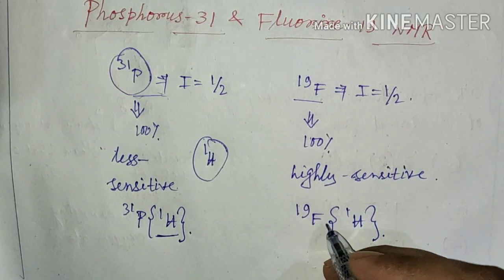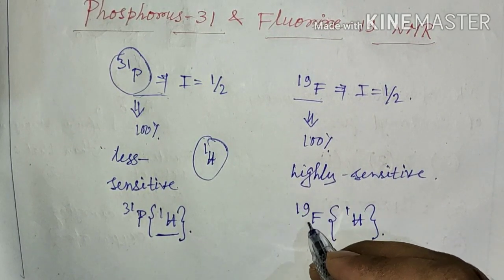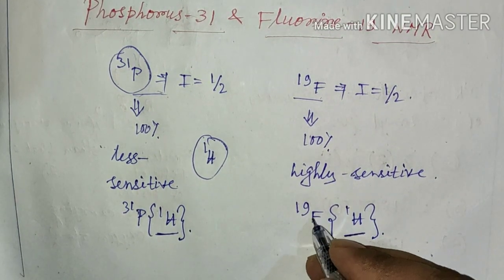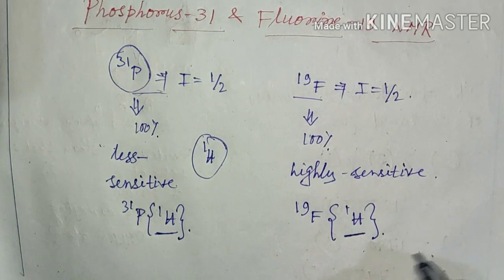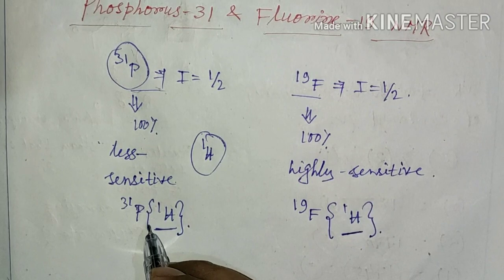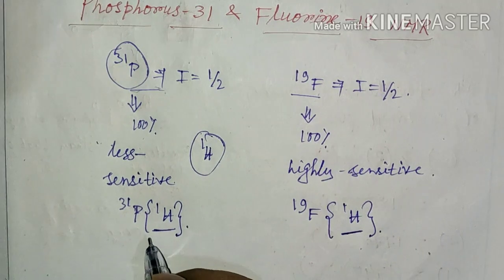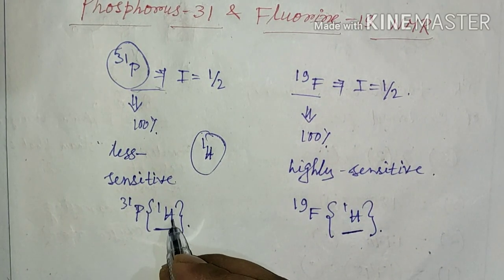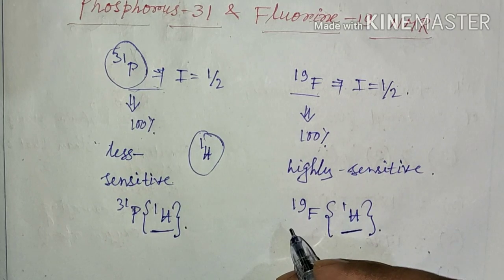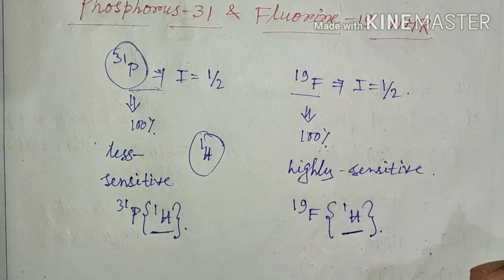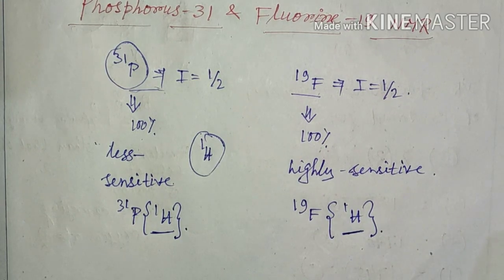In case of proton coupled, the NMR active fluorine nucleus will couple with the proton, and the peaks corresponding to the fluorine nucleus will get split. Similarly, if we perform proton coupled phosphorus NMR, then the peak corresponding to the phosphorus nucleus will get split by coupling with protons present within the molecule. Is it clear? These are just a brief introduction regarding P31 and fluorine-19 NMR. Now let's solve some previous year CSIR NET questions on this topic.